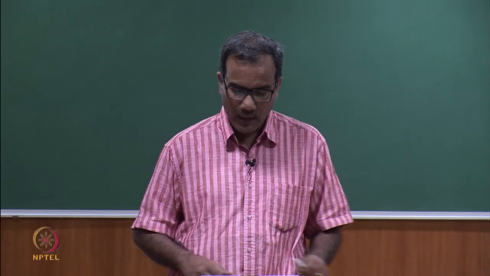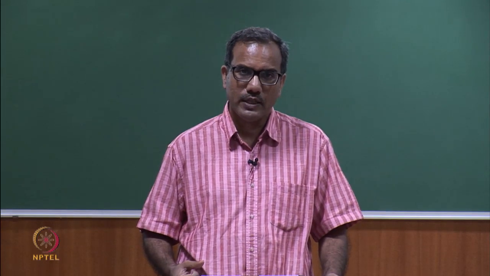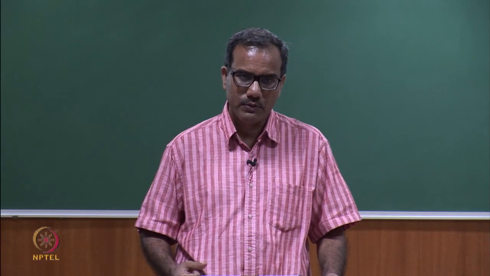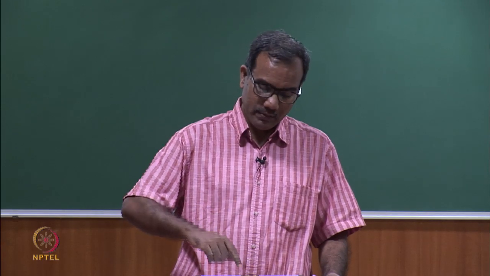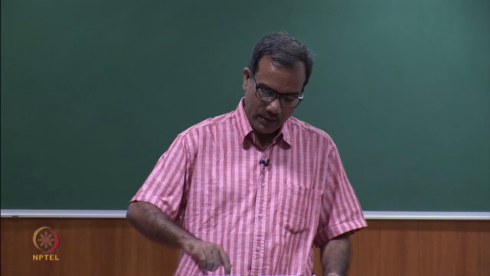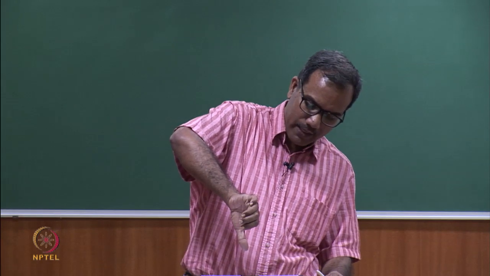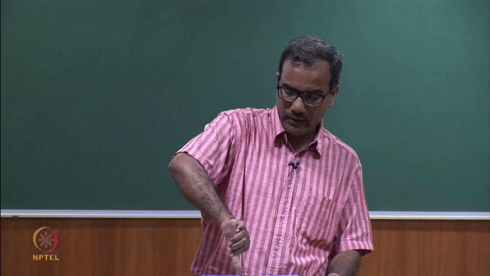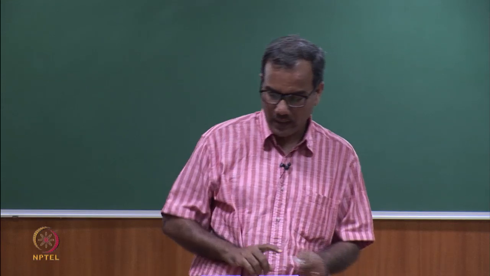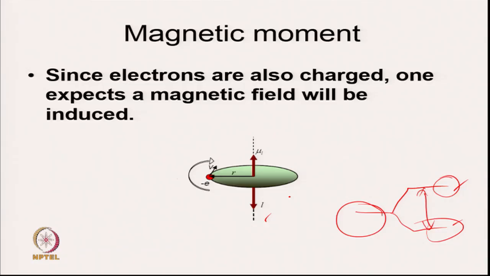So, for example, I told you how to get the direction of angular momentum. You see the electron is moving like this. If you apply the right hand rule, you see this is going down, and that is what is shown here. So, the angular momentum direction is this, then the magnetic moment direction will be this, and I will tell you how. But first let us calculate the magnetic moment.